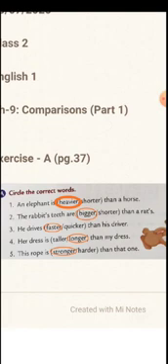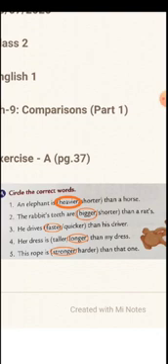Number 4. Her dress is taller or longer than my dress. So here dress is something for which we cannot say tall. So we say long. So here there is a comparison. If it is only my dress, I say my dress is long, her dress is long. But here I am comparing my dress with her dress. So there is a comparison. That's why we are saying longer. Her dress is longer than my dress.